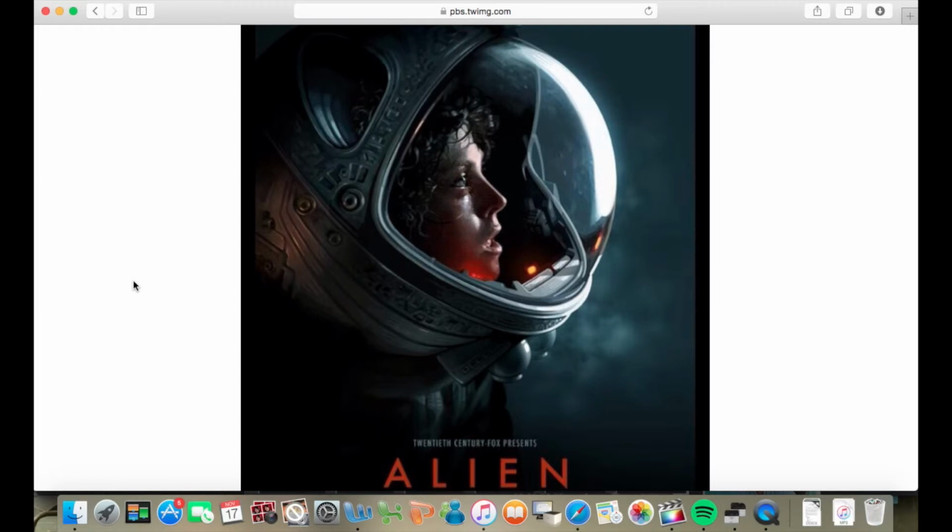And yeah, it's very simplistic. It doesn't have a lot of text on it. It's just got the main alien and the company that presents it, which is 20th Century Fox. And it's just got a little bit of background. You can't really see much though, as it's quite blurred. They want to get the viewers to realise what she's looking at and intrigue them to learn what she is looking at.